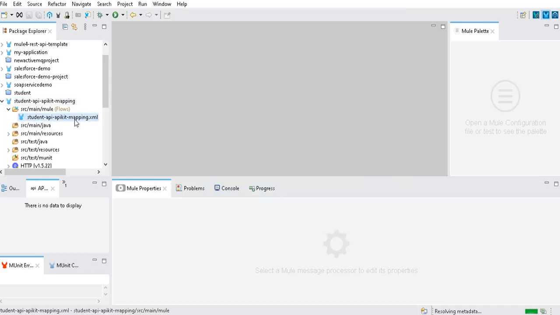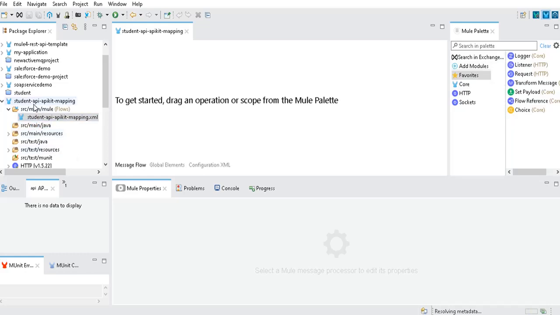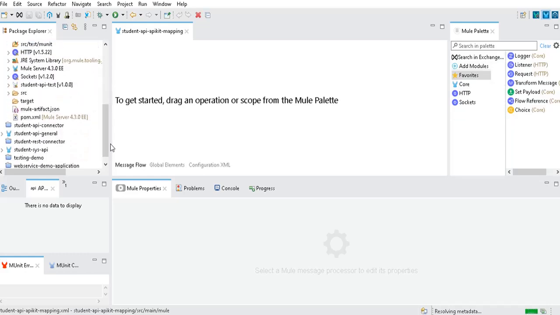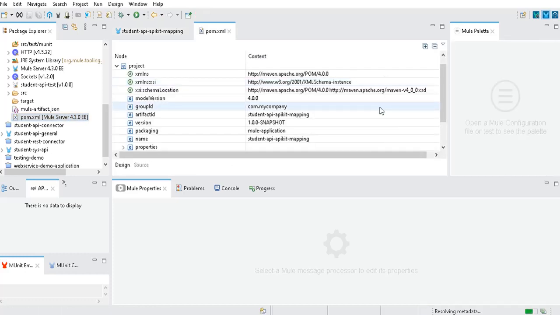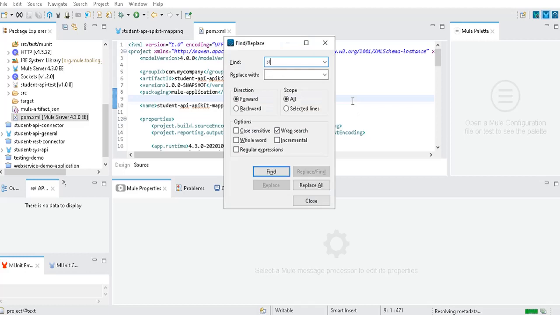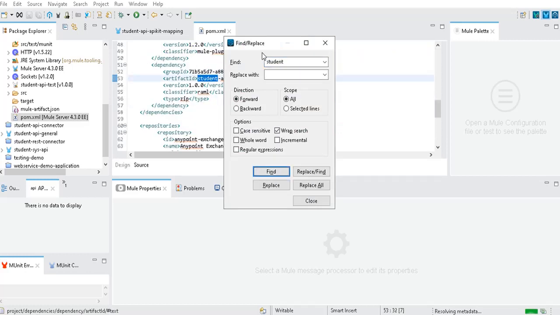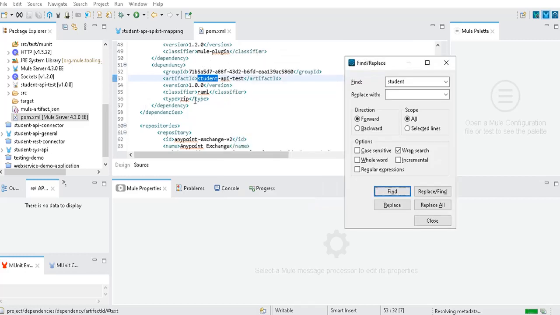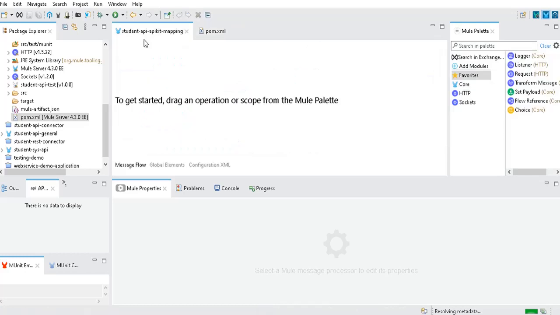So now we just linked that API to this project, and that will be added as a dependency in your pom.xml. If we can observe that. Okay, see here, that will be added as a dependency here in your pom.xml. So now we are good.